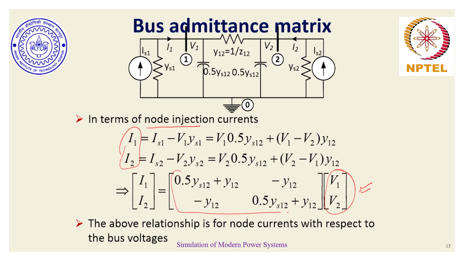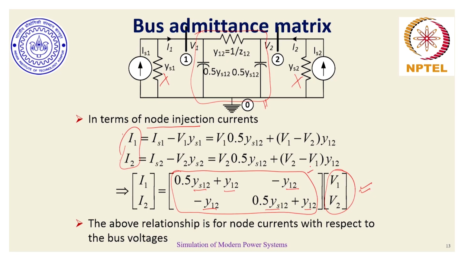The final Y bus that we are getting for this 2-bus network, the elements which form the components of this Y bus, are essentially dependent on the line parameters only. They are not dependent on the source impedances or source admittances, and that is the uniqueness, or beauty, of the bus admittance matrix. For a given power network where there are different lines or transformers connected, the bus admittance matrix will only be a function of those line parameters and transformers, nothing else. No source or loads ever come into consideration while evaluating this bus admittance matrix.